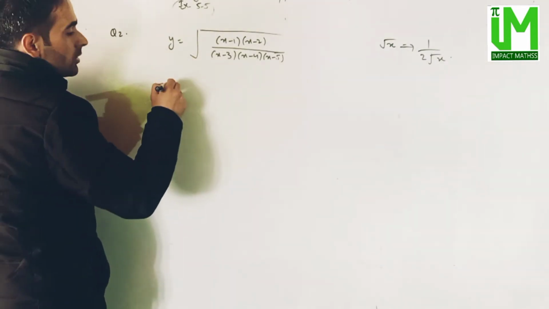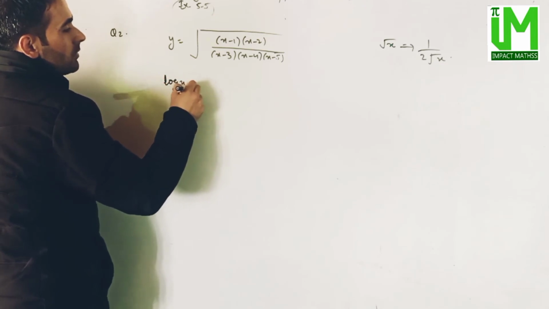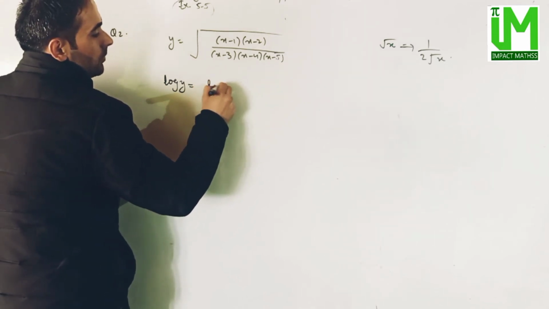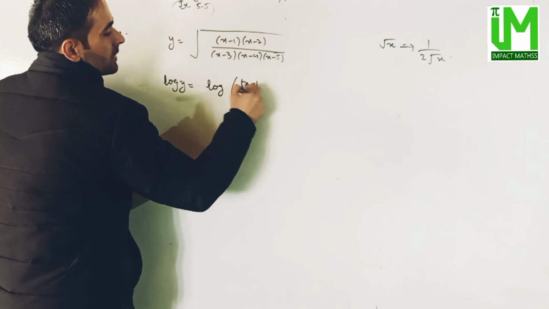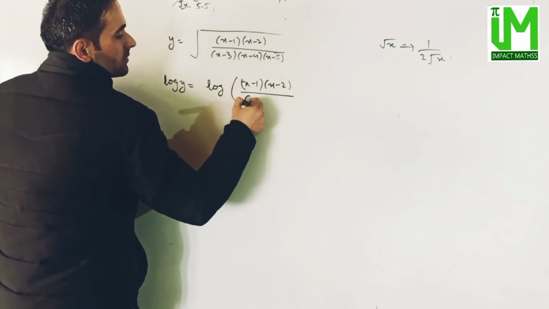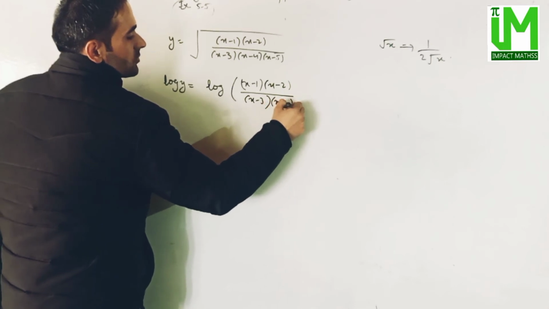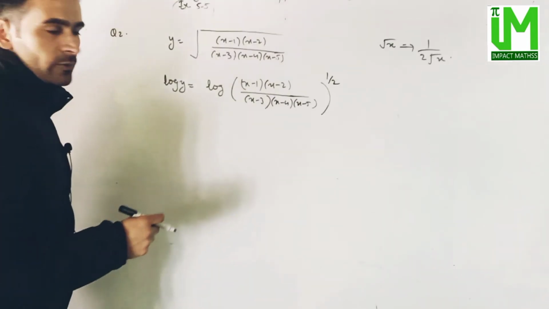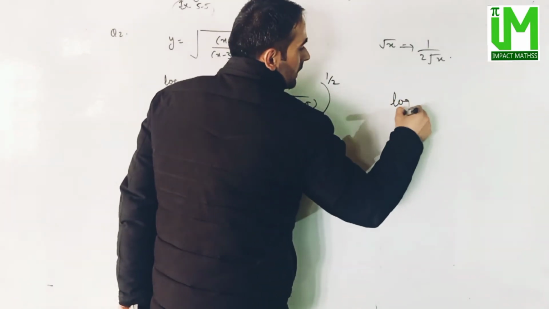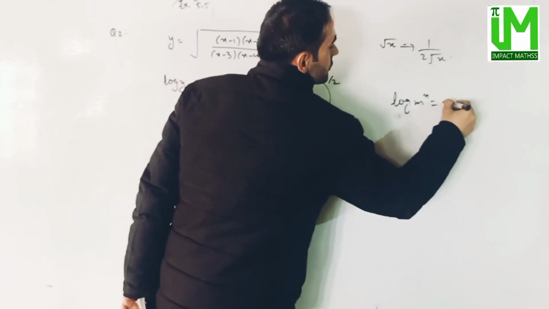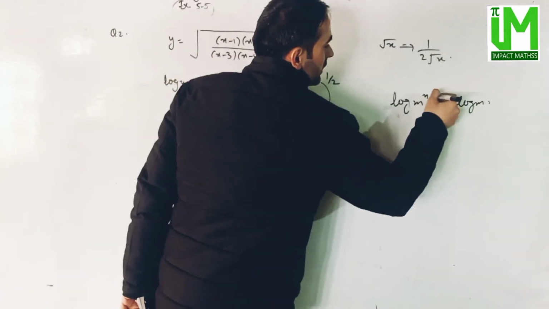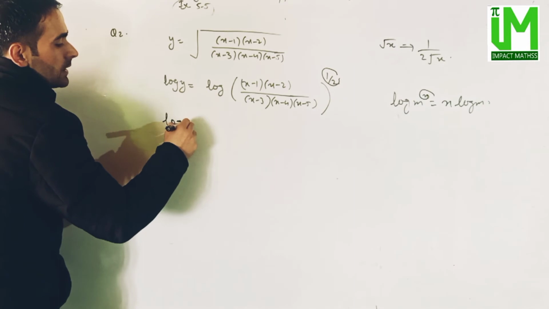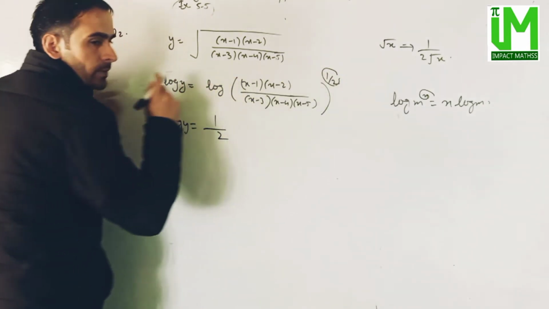So if we write, taking log both sides, it will be log of y. We know under root means raised to the power 1 by 2. So it will be log of (x minus 1)(x minus 2) divided by (x minus 3)(x minus 4)(x minus 5), whole raised to the power 1 by 2. Okay. So use the property: log of m raised to power n is equal to n log m. That means the exponent comes out and multiplies. So it will be log of y is equal to 1 by 2, multiplied by